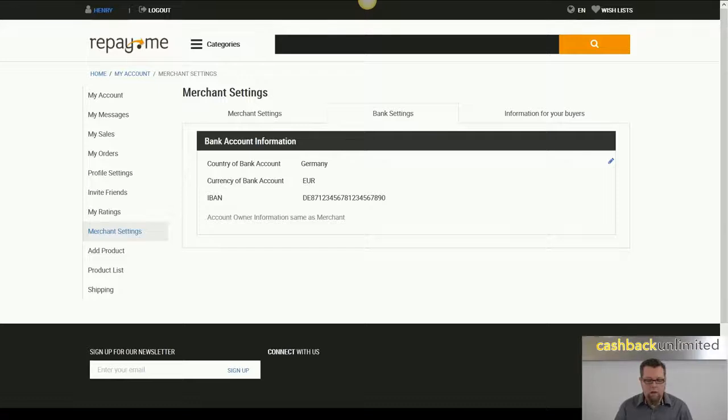So now a check will be performed. That means that if you have entered your seller details, we as a marketplace check your identification, and if necessary we ask you for additional documents like a printout or a scan of a statement with your bank, so that we can prove that you are really the owner of this bank account, because all the business transactions will be forwarded to this